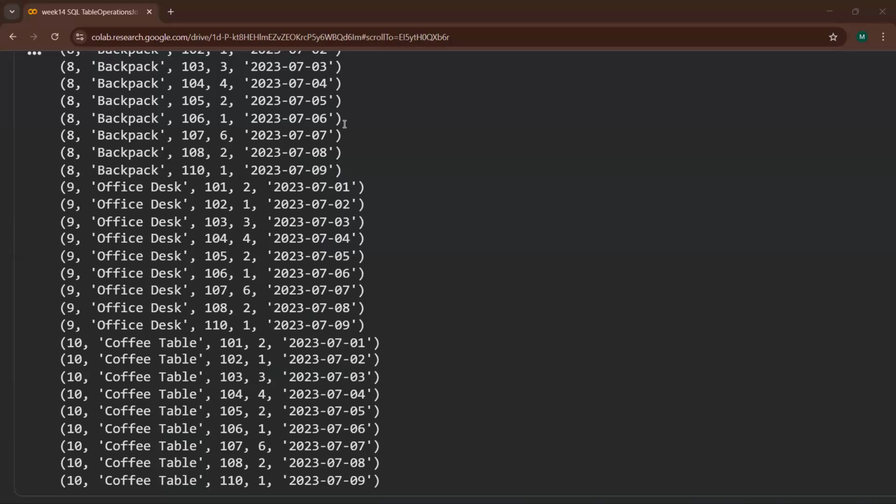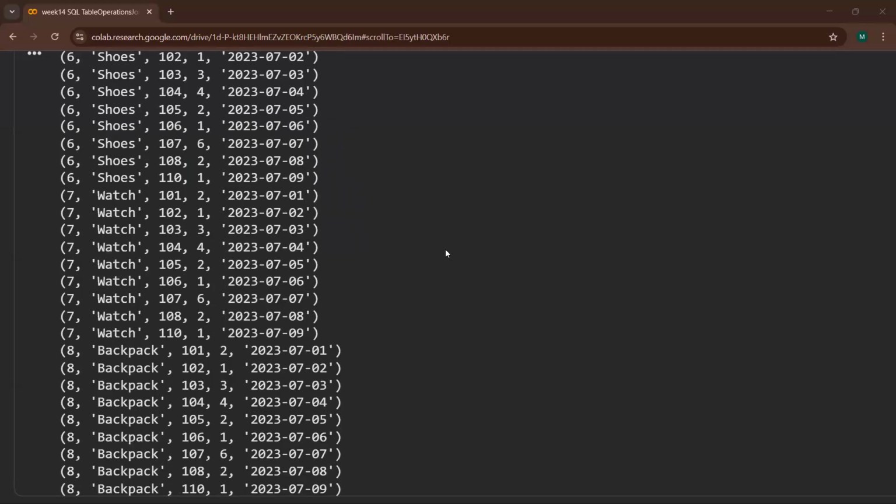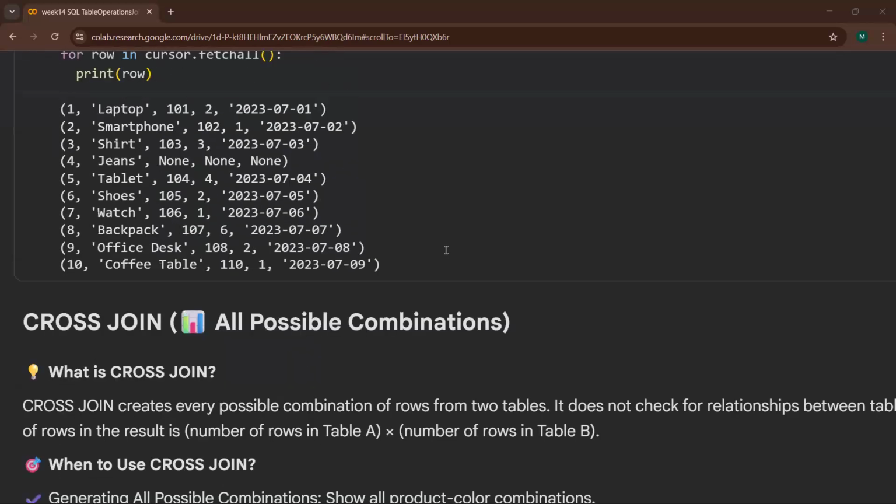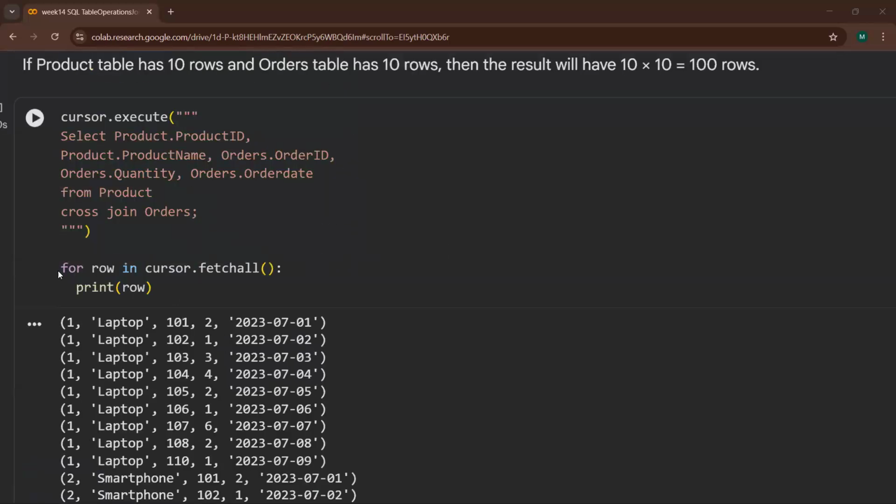Any doubts, anyone? Ma'am, I want to ask something. Tell me. Ma'am, in that output, we have this as a database right now, right? No, it is not a database. It is your answer only.